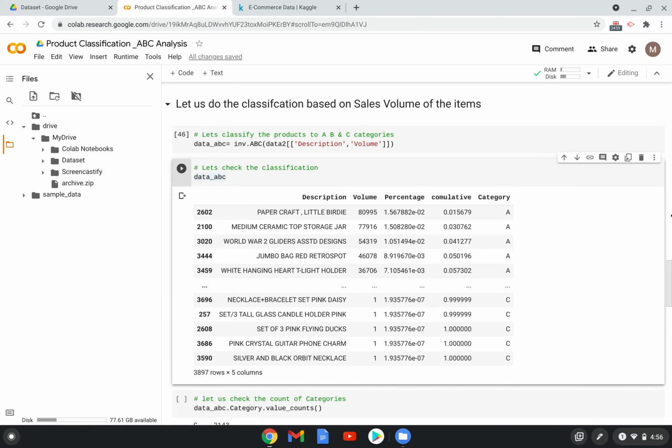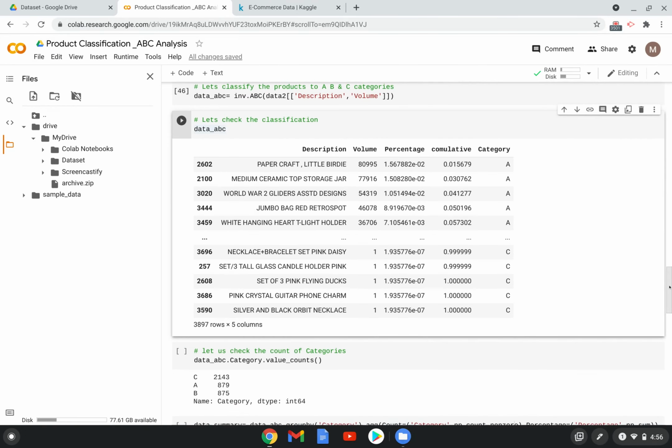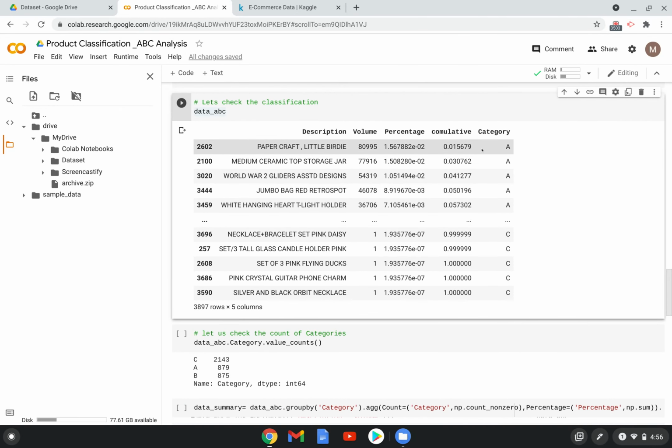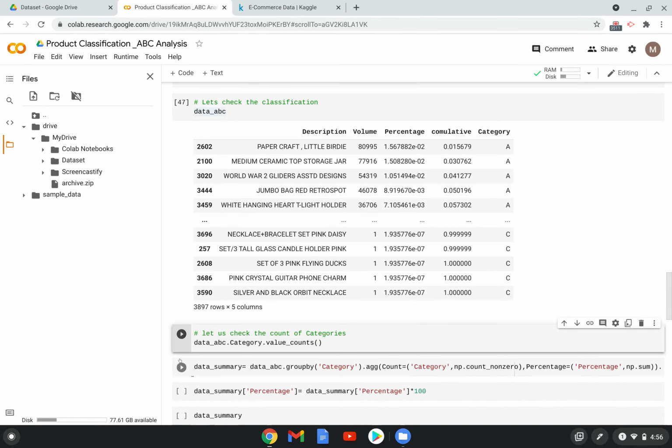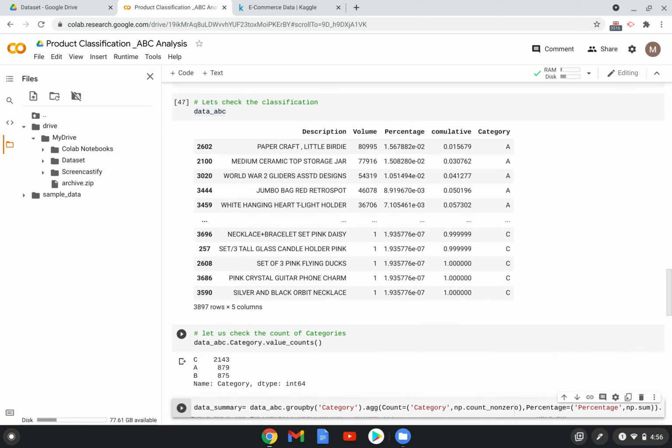Right? Based on that it has done the classification. Let's see the count of this classification: how many A class items, how many B class items, and how many C class items are there in this data set.